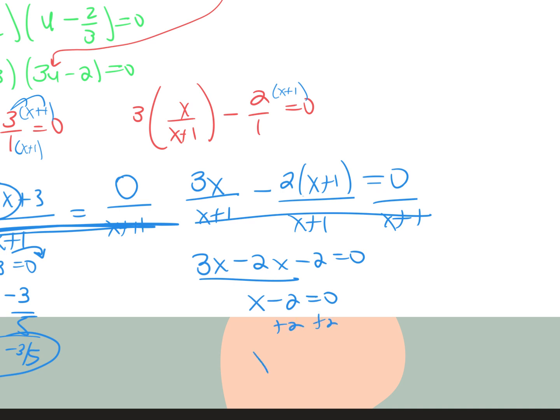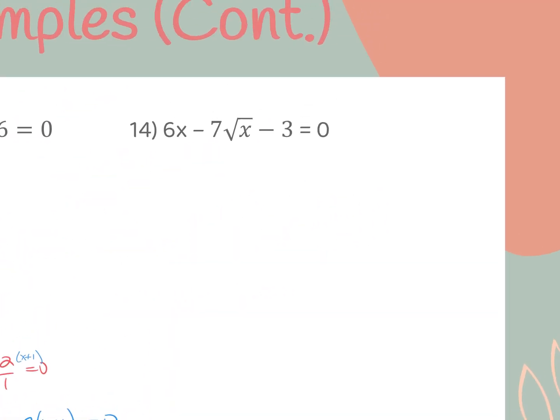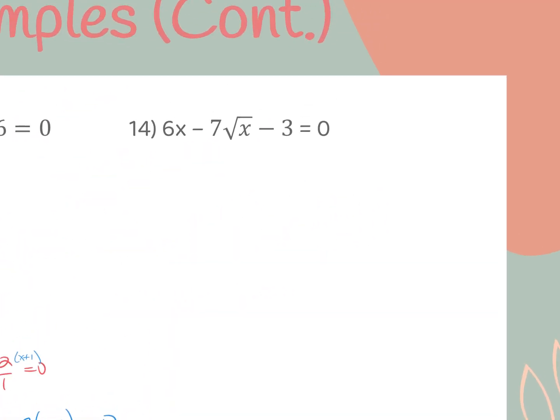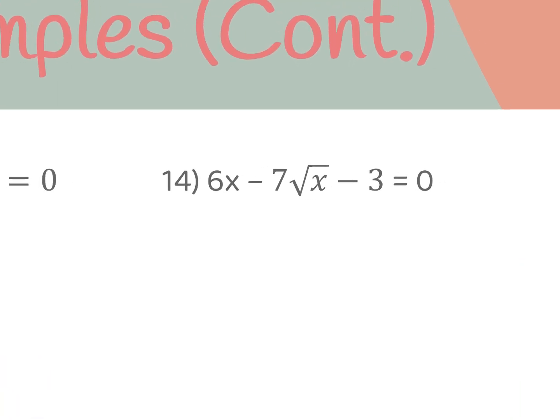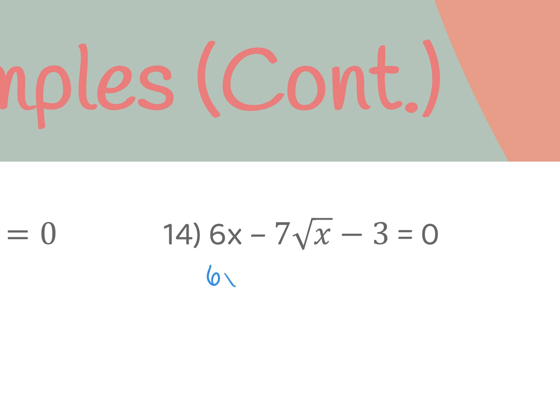Add 2 to both sides, and x equals 2. Okay, last one we're going to look at here. And you guys are like, oh my gosh, you just keep throwing crazy stuff at us. Well, let's think about this. If I have 6x, I can write this as 6x, and then minus, I can rewrite the square root of x as x to the 1/2 power